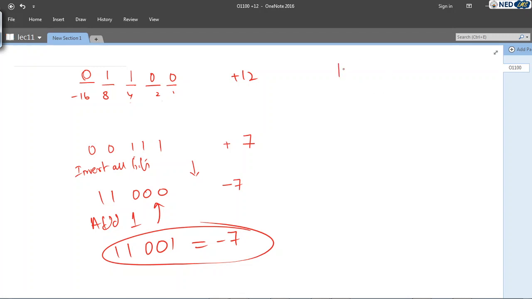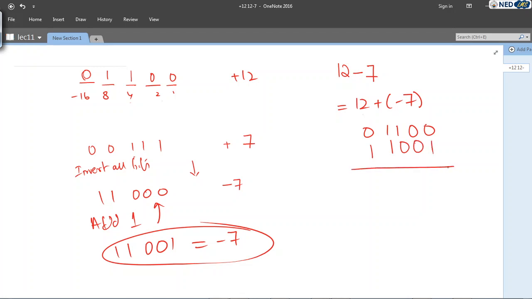So if I want to do 12 minus 7, that equals 12 plus -7. I'm going to write the binary code for 12, if I'm talking about a 5-bit number, 0 1 1 0 0, and the negative number would be 1 1 0 0 1. Just add them together: 0 plus 1 is 1, 0 plus 0 is 0, 1 plus 0 is 1,